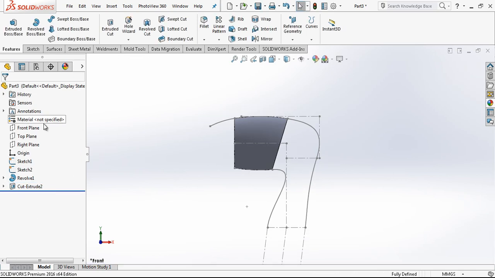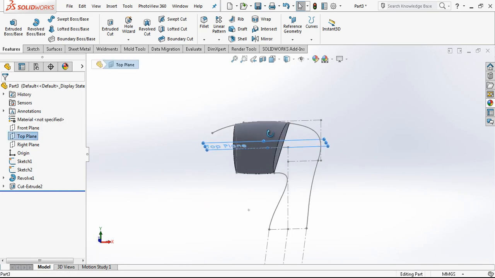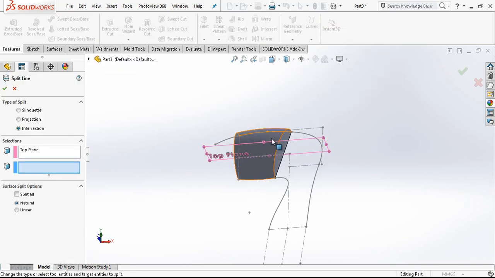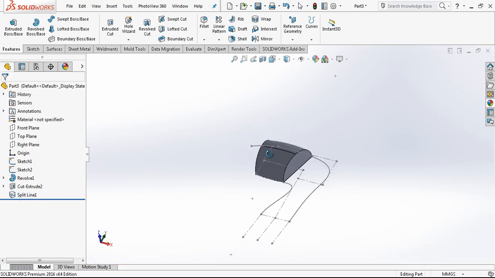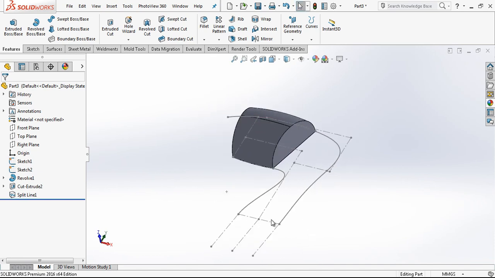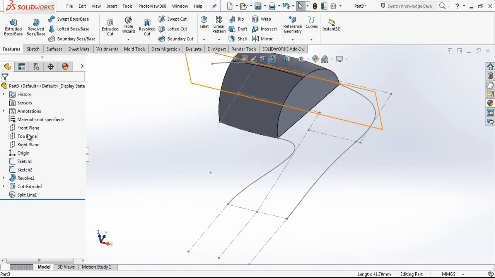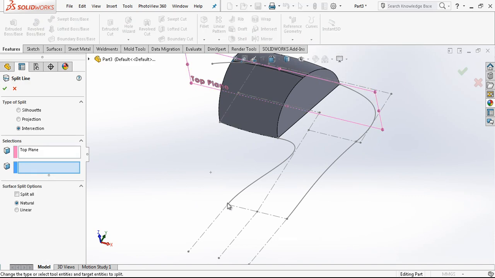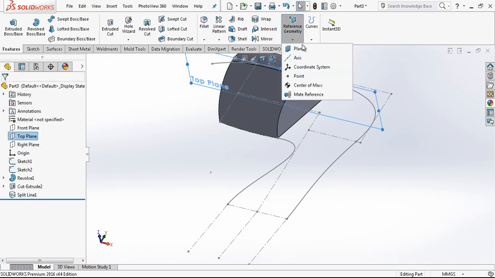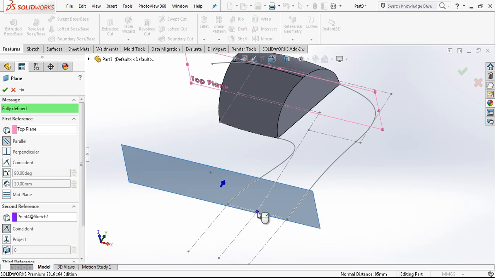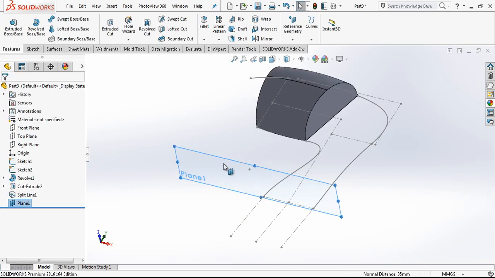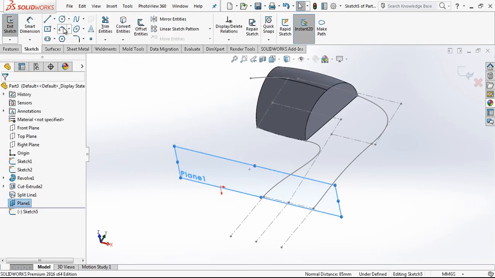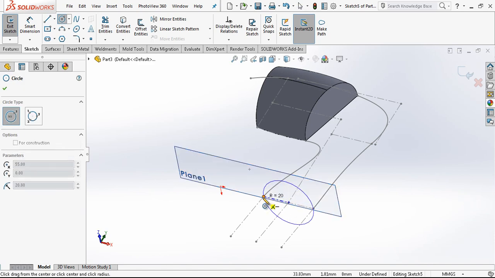We cut the unnecessary part, and with the top plane I create on the surface a split line. I just create it. I have here a split line, and now I want a profile, and with reference geometry planes I choose the point, and parallel to this plane I create a plane on the point again, and in this plane I'm creating a 40 diameter